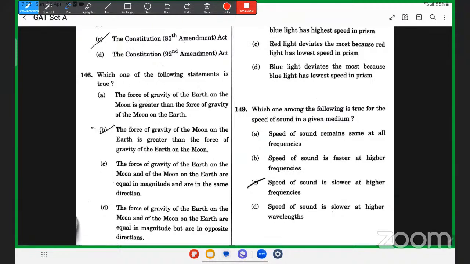Is true, is greater than true, तो यही है। The force of gravity of Moon on Earth, of Moon, the force of gravity of Earth